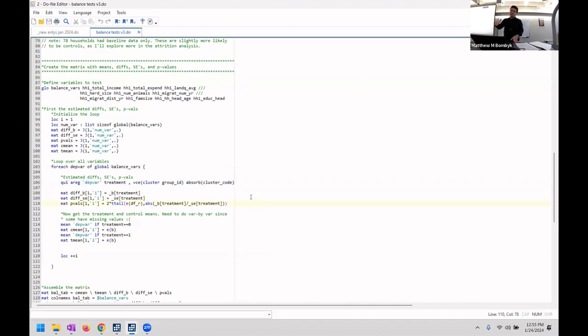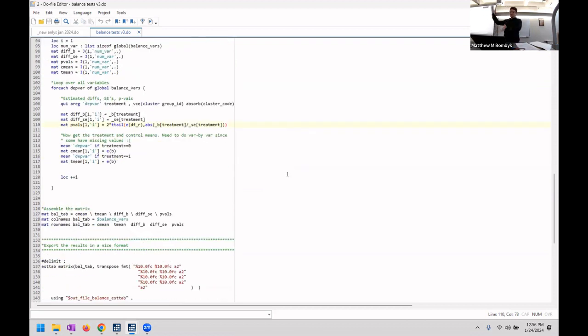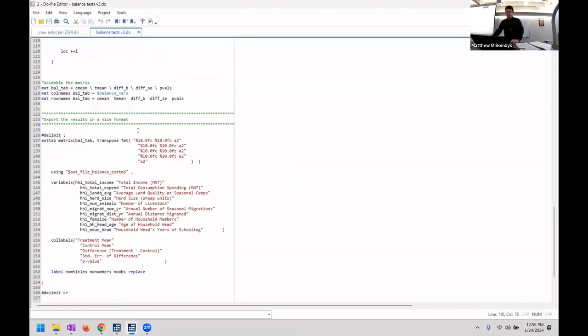And then I run a mean command to get the control mean. I do another mean command to get the treatment mean. I store those in a matrix for each variable. I put them all in a matrix. And then I